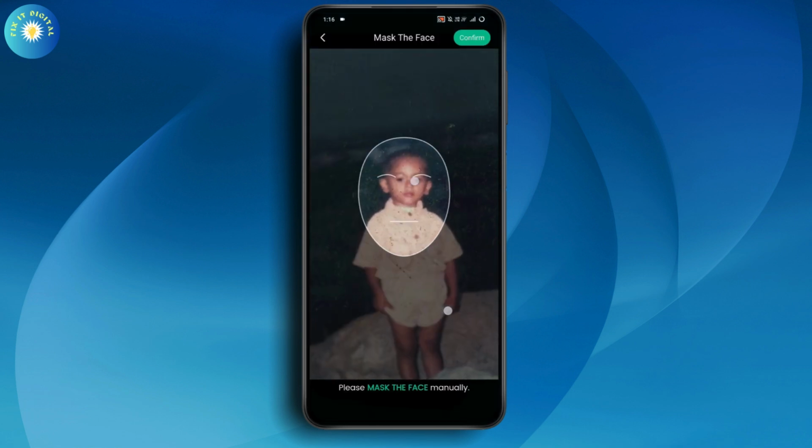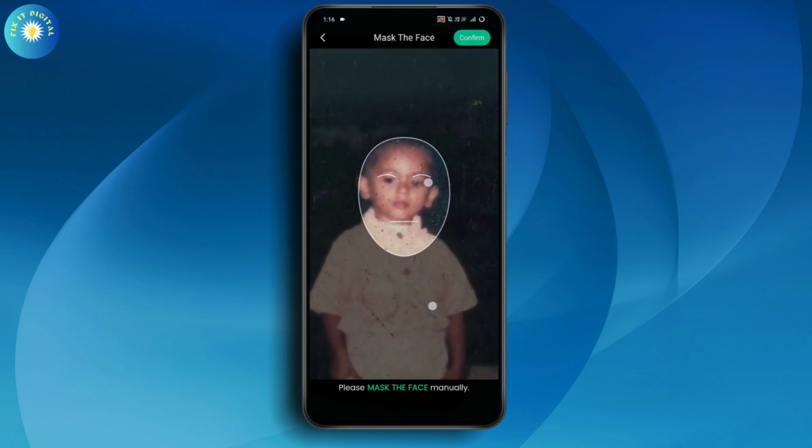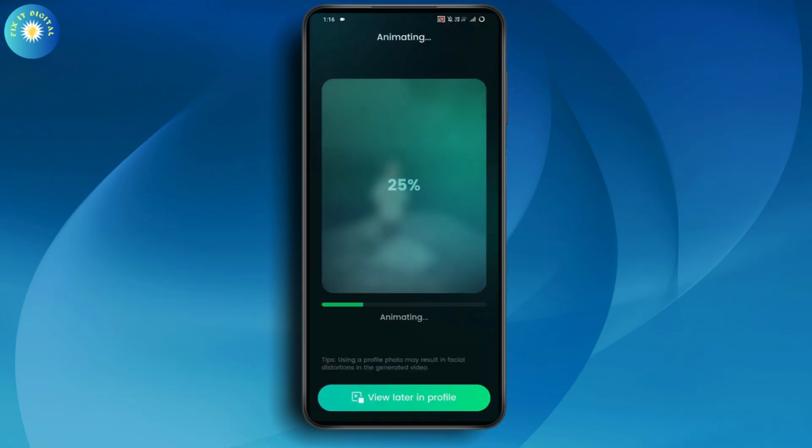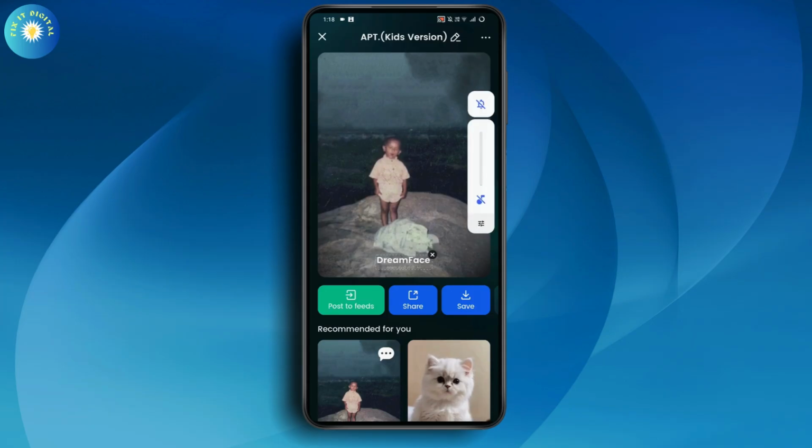And after that, you need to just zoom in, and you need to mask the face manually. And after that, go with confirm, and it will reconstruct. So just wait for a few seconds, and that's it. As you can see, the AI has generated the voice. That's how you can use